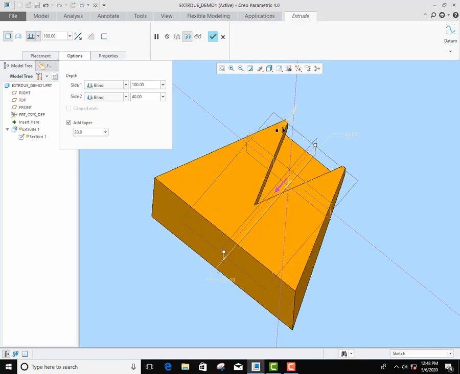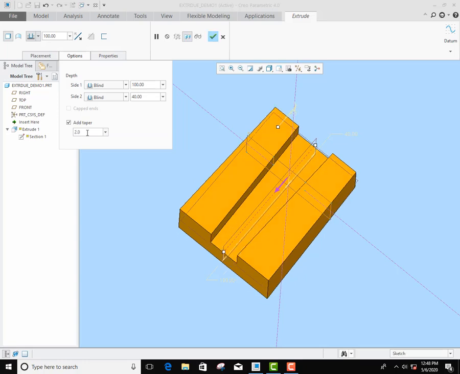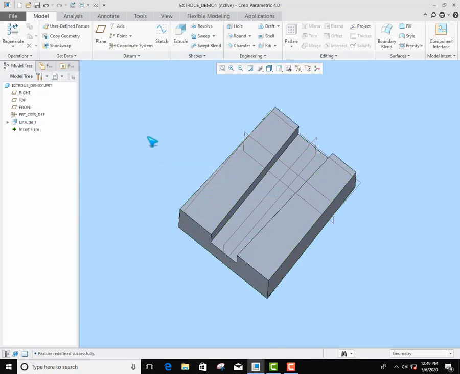You can control it here, or even add it here. So I need just a 2-degree taper here. You can input the taper angle from here, or you can control it from these pointers here. So that's it. Say okay.